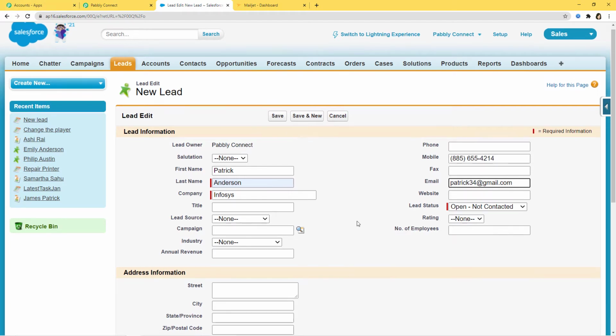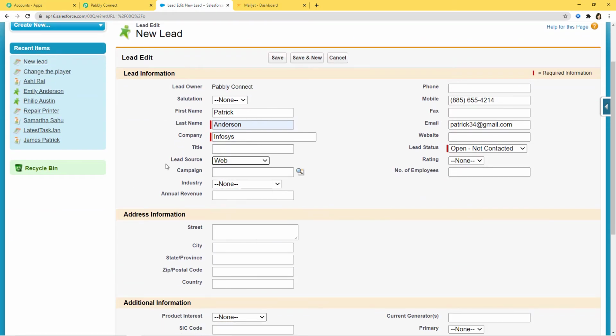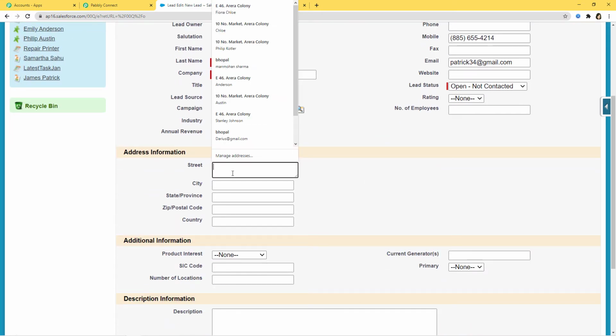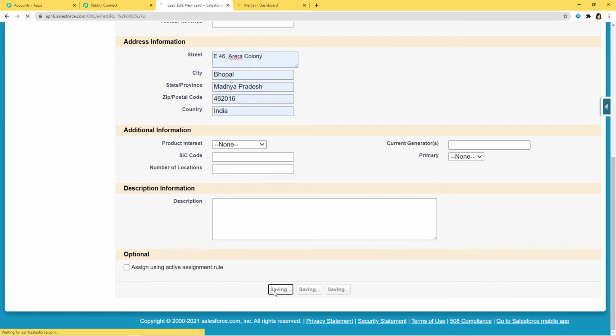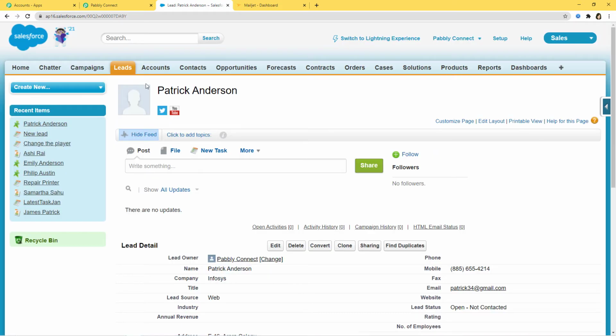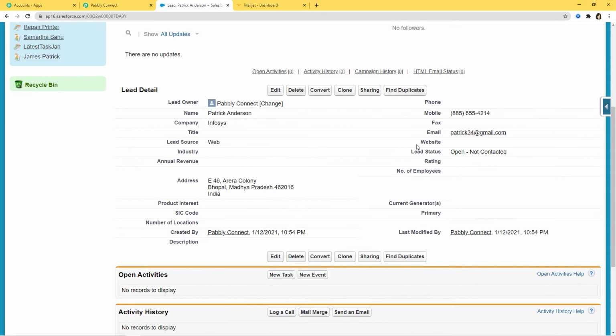Okay, now lead source web. Address, I'll just map this address. Okay. Save. Okay, so you can see I have created this lead called Patrick Anderson and I have put all these details over here.